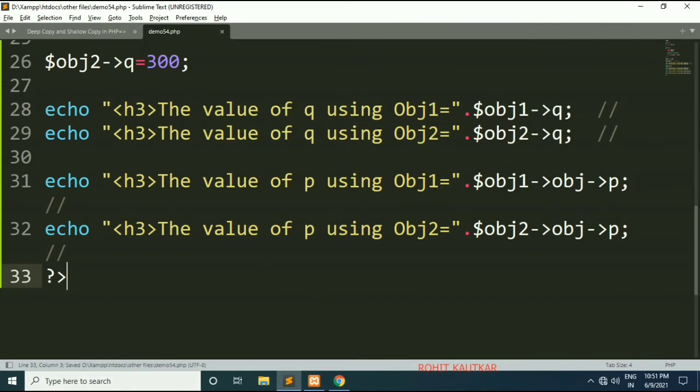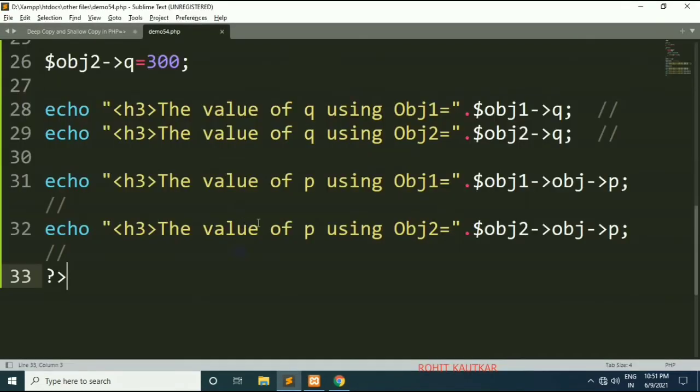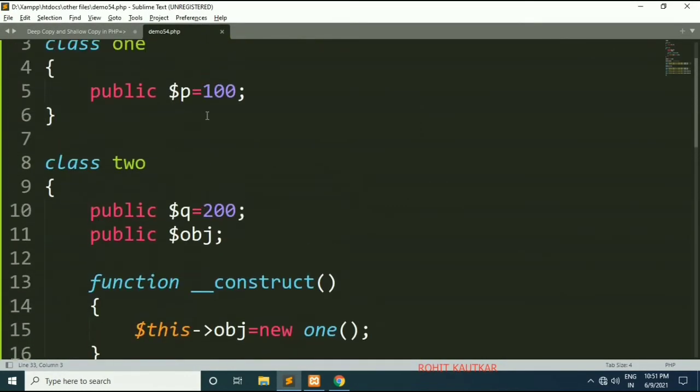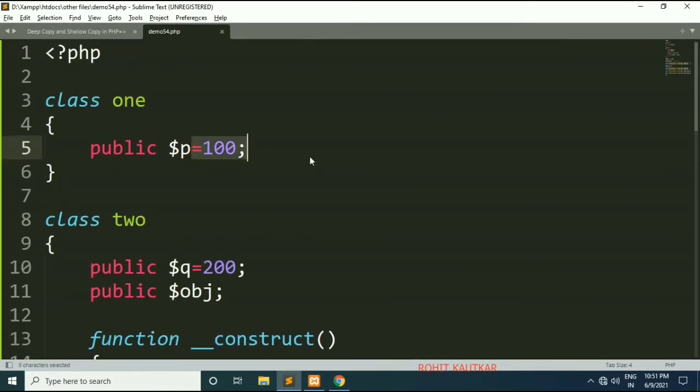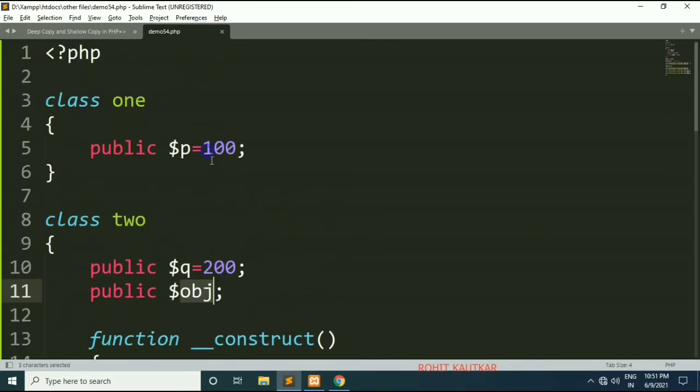Now if we go and refresh, you can see we are getting value 100. What is the value of P? The value of P is 100. How are we referring to this P? First of all, through the object of class 2 we are referring to this object, and through this object we are referring to the value of the P variable, because the object of class 1 is defined within class 2.